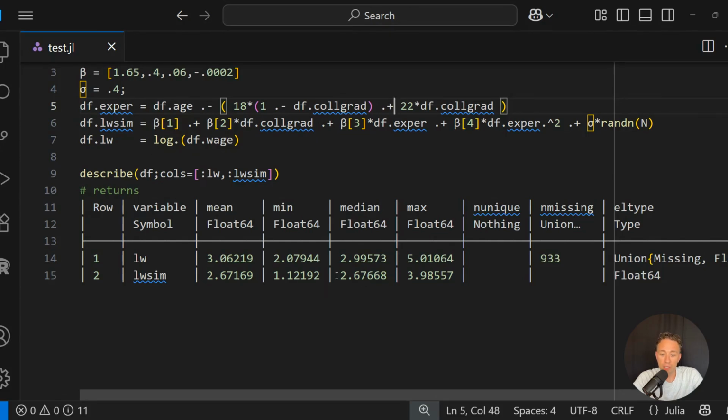But we might also be interested in understanding the spread or other aspects of these distributions. And in the end, we might want to compare correlations between experience and wage or college graduation and wage. And that's getting to our next video, which is talking about how we actually estimate the model. But this process of going through